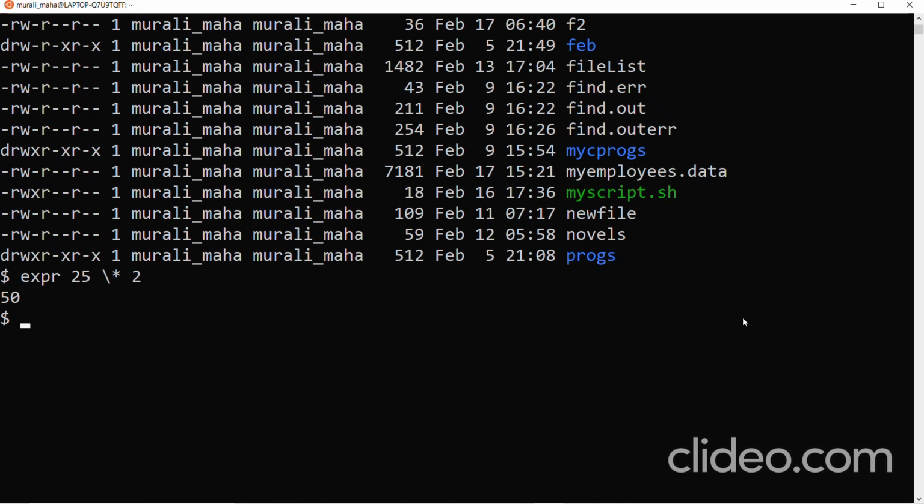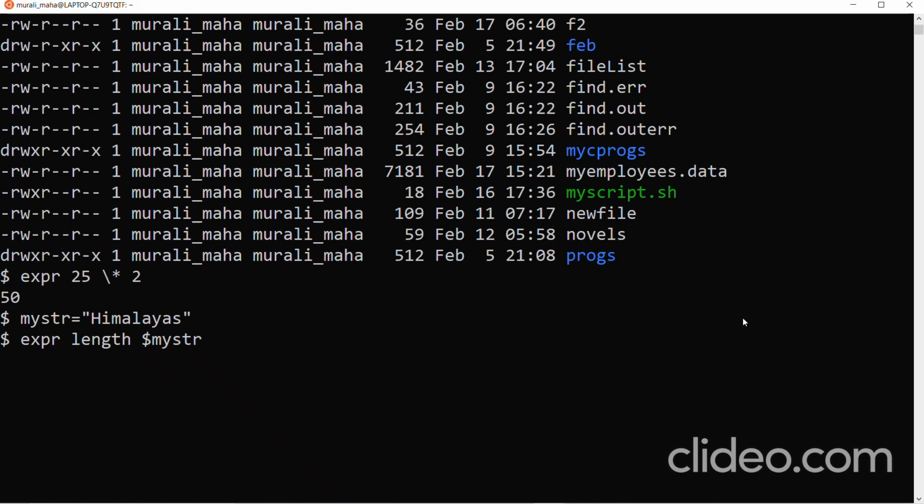With expr, you can do some string operations also. How do we do that? Let us see. For example, I am giving mystr equal to Himalayas. So I can find the length of the string. expr length $mystr, because mystr is a variable, no?